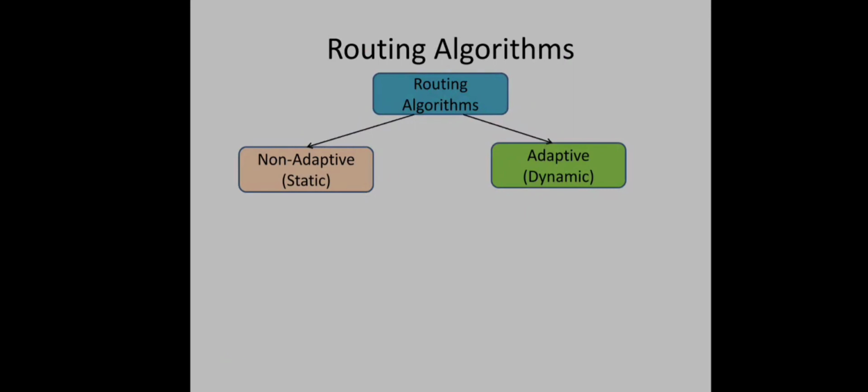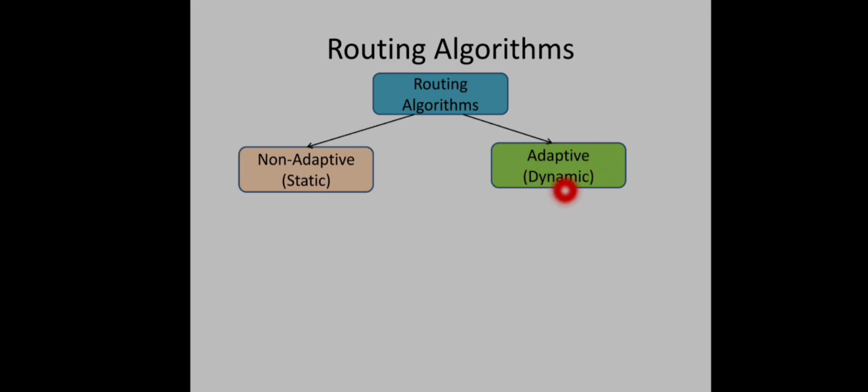Before that, we can categorize the routing algorithms into two different groups. One is non-adaptive routing and the second one is adaptive routing. Non-adaptive is also called static routing algorithm and adaptive is also called dynamic routing algorithm. So in case of non-adaptive routing, current topology or current traffic is not considered. Instead, the routes for different source destination pairs are computed in advance, and all that information will be downloaded into different routers at the time of network booting itself. It won't change later according to the current traffic and all.